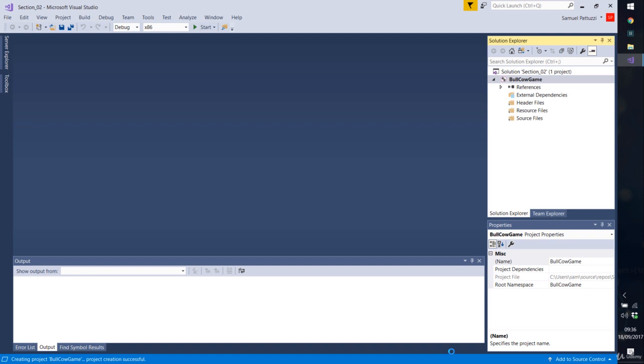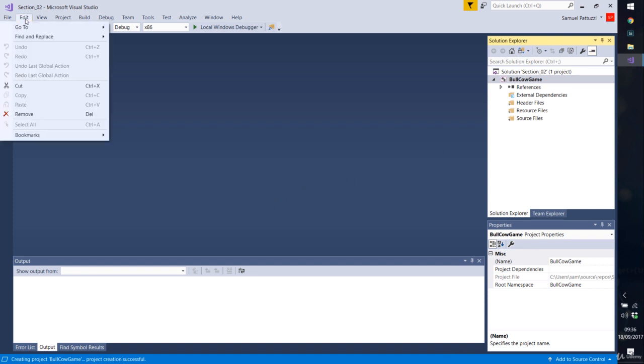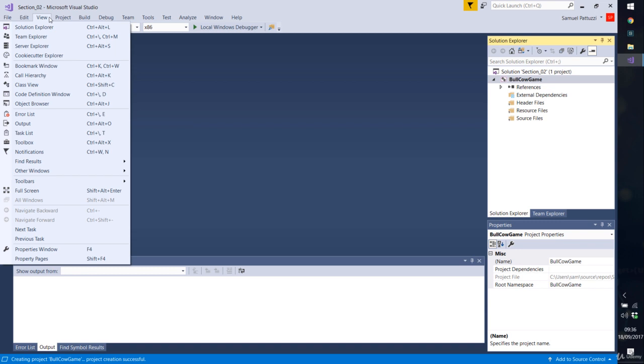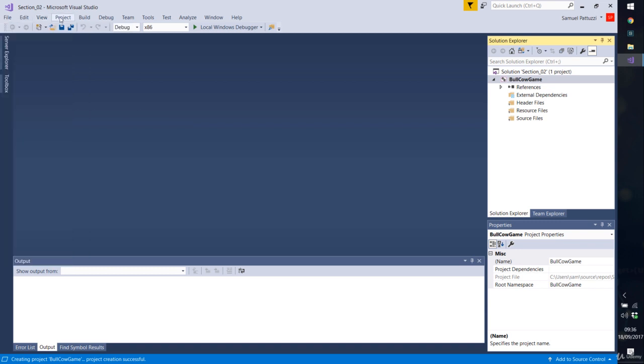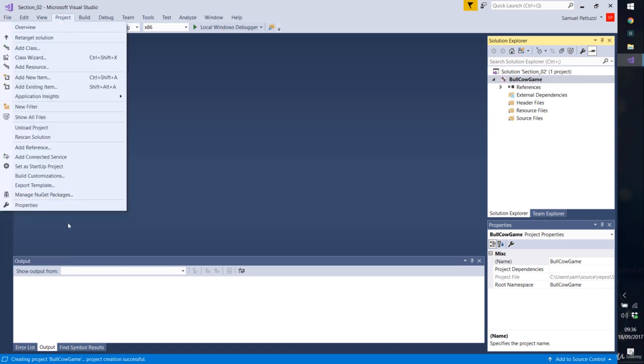And now this will be almost exactly like Ben has it. The only difference is if we try and run the console application, it's not going to quite work at this stage because we didn't actually create this as a console application. So let's go ahead and make sure that works. If we go to Project, Properties,